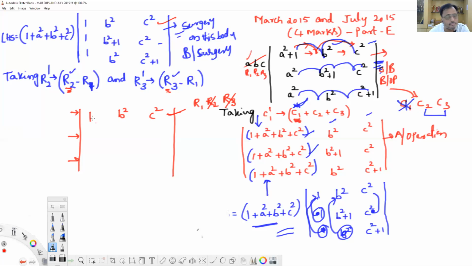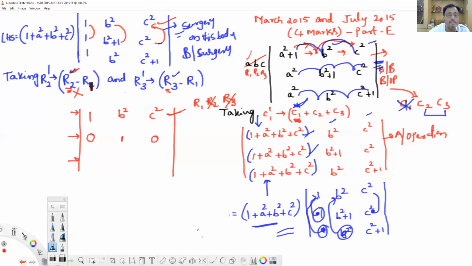Now the operation starts. Here, you have decided R2 minus R1, and the result should be written in R2. R2 minus R1, look at this like this. 1 minus 1, 0, you write in R2. B square plus 1 minus B square, 1. And C square minus C square, 0. See that? New R2. See here, before the operation, R2 was 1, B square plus 1, C square. After the operation, 0, 1, 0, it changed. That is the reason it is the new R2, or changed R2. How did you get it? We obtained the new R2 by performing the operation R2 minus R1 on the old R2. Okay, next, this is completed.